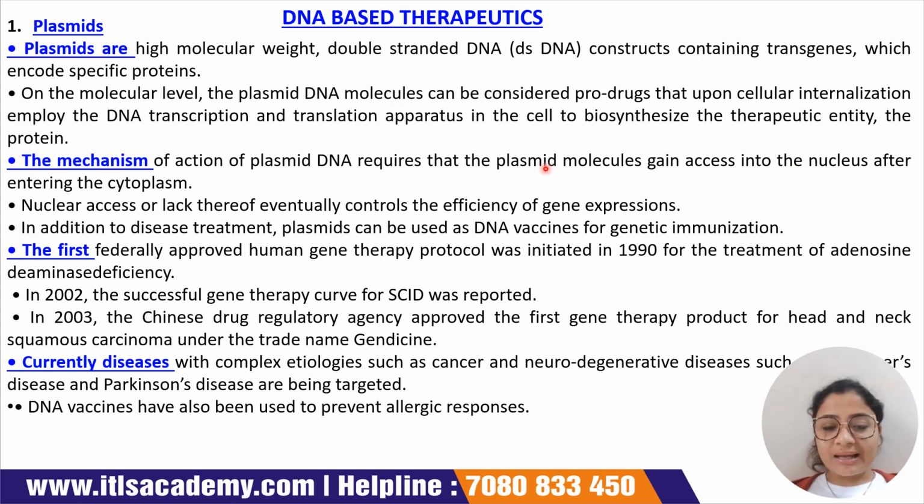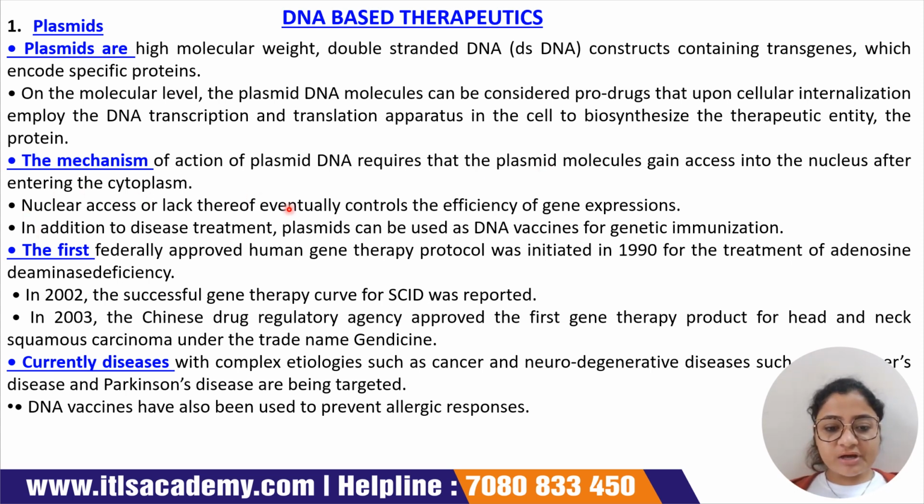Means if you apply plasmid or these transgenes which are present on the plasmid as the DNA therapeutic agent or the nucleic acid therapeutic agent, it will just internalize, go inside the cell, and it will activate the transcription and translation machinery. What is it? Ribosome, Golgi body, endoplasmic reticulum. They will just employ it and start synthesizing the therapeutic agent that it is encoding. Okay, so that is the utility behind plasmids.